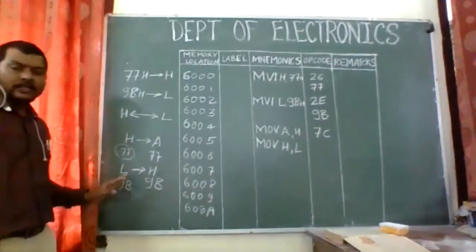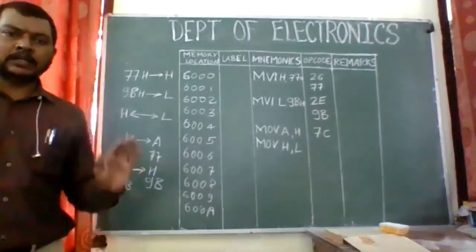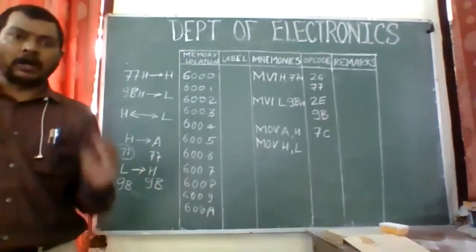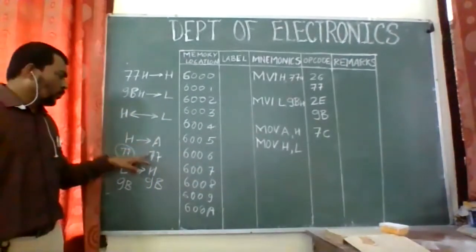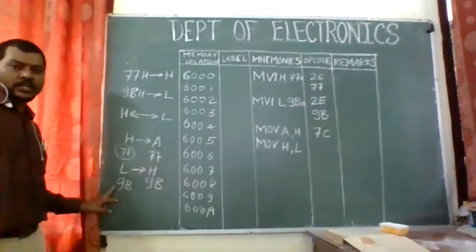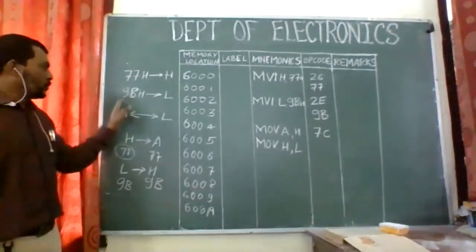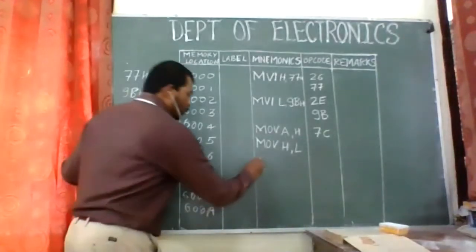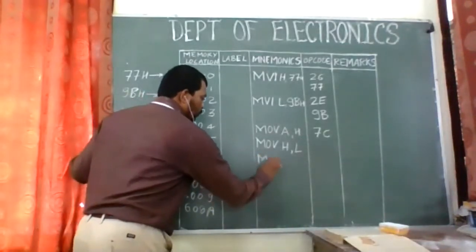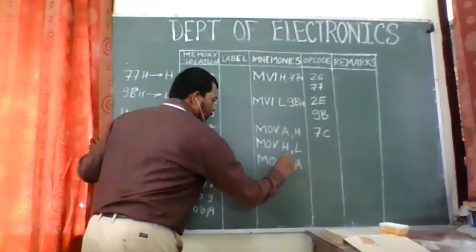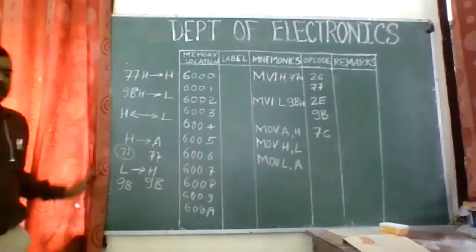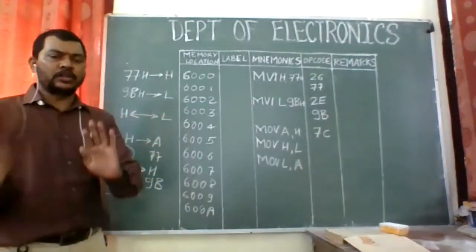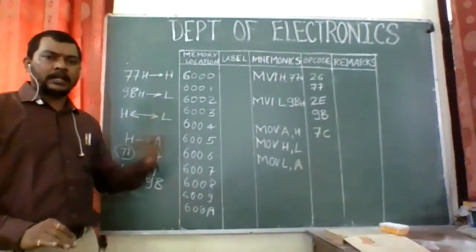Yes. So we should understand what we are doing, because unless we understand this, we won't be able to write a program. This is a simple program. Now we have to store the data 77 in register L. We are exchanging the data. So these are being exchanged, right? For that, what instruction shall I use? I might use the same kind of instruction, like now we have to move the data from register A to register L. So this is the other instruction. Now the program is over, as we have exchanged the data from H to L and L to H.